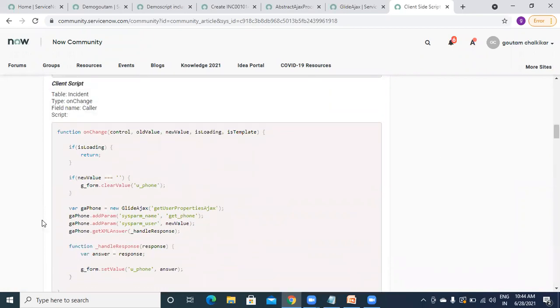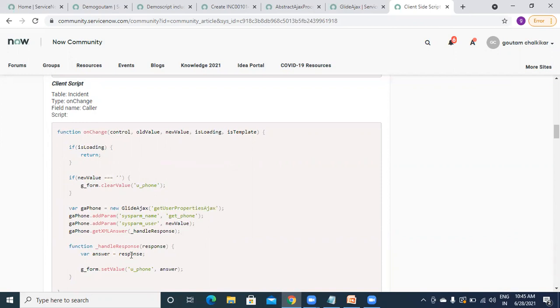Yeah. So see this, this is again our client side script, but you can see the starting three lines are the same: glide ajax, add param, function name, param, add param, they are passing parameters. But you can see they have get XML answer here. In the callback function, they are not writing the big line we have written, right?